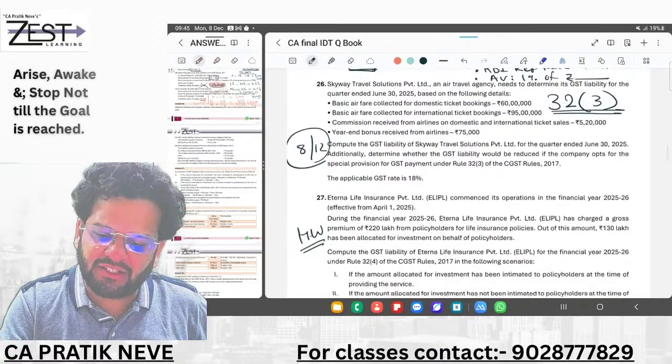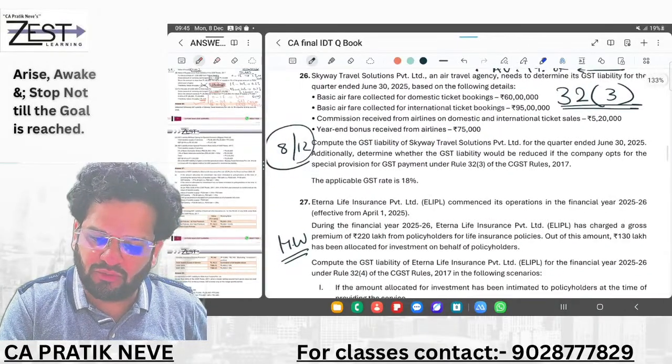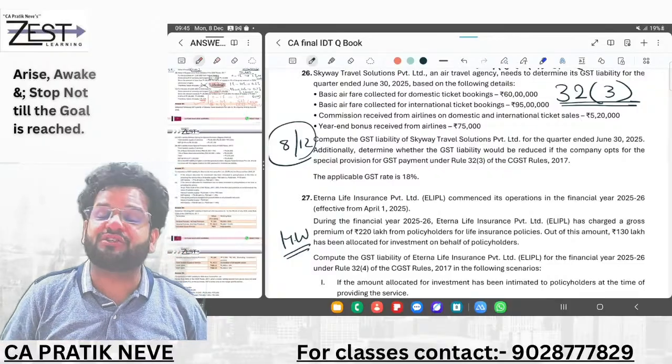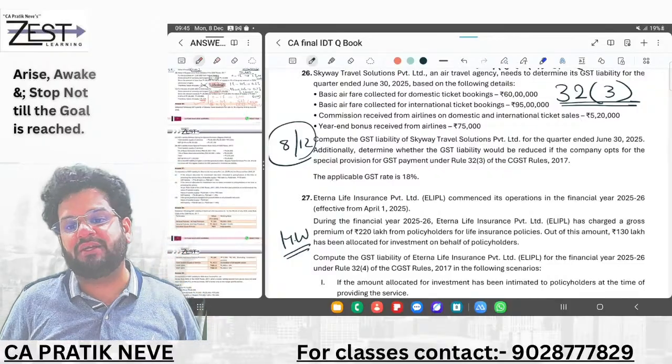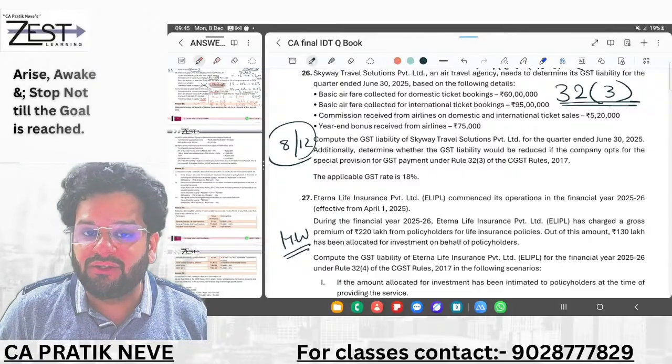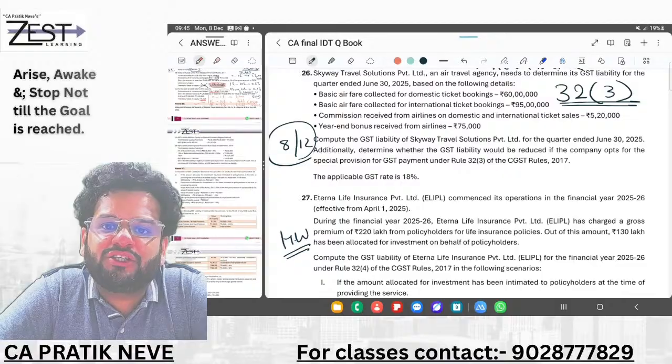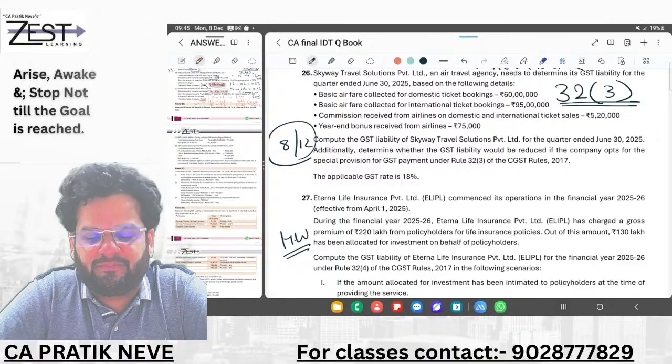In air travel agent, do you remember how the valuation is done? Whatever we are discussing, that is optional valuation. Optional valuation means if you want, you can, on whatever commission you have received, pay GST. So see,